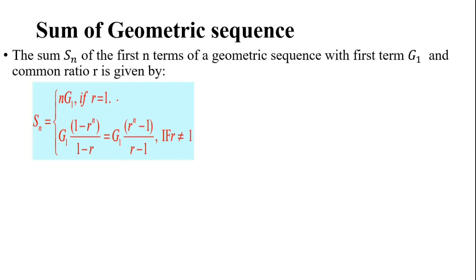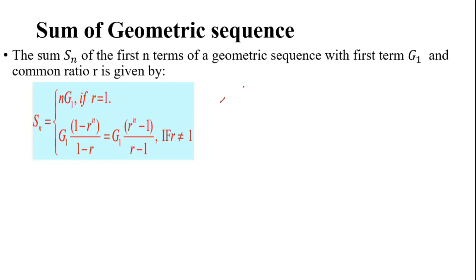There are two formulas for finding the sum of a geometric sequence. The first one is Sn defined as n times g1, if and only if r equals 1. For some cases the common ratio may be 1 if and only if all terms of the geometric sequence are equal. So for instance, if we have